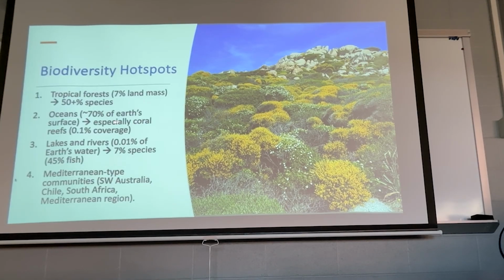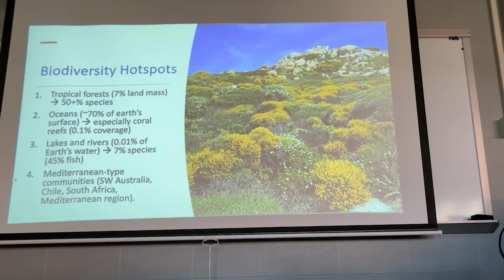The ocean covers 70% of the earth, and most of it is species poor. There aren't very many species spread across the ocean. Most of them are concentrated in places where there's shallow water, for example, and lots of sunlight again, so you get lots of primary production. Coral reefs are the major hotspot, which only cover about 0.1% of all of the ocean as far as total mass or volume, however you want to think about it.